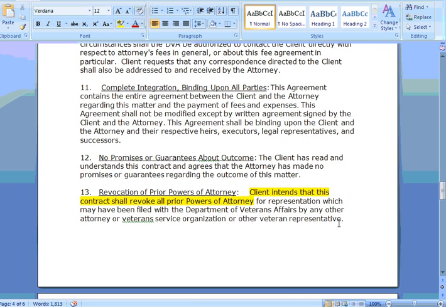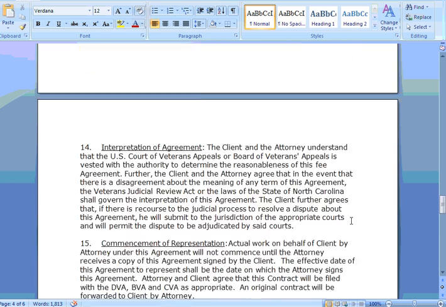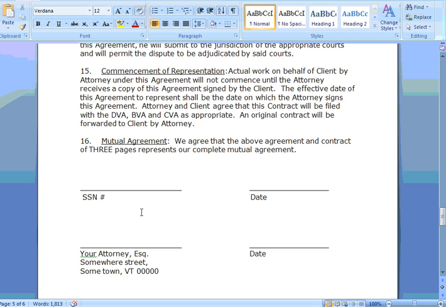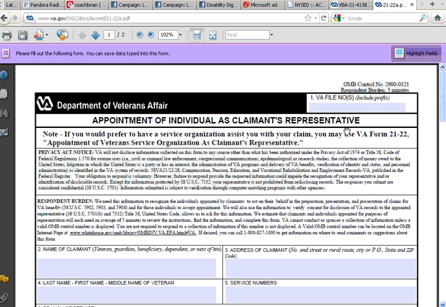This document that you typically sign will replace any prior document or power of attorney that you may have had, maybe a service officer. Okay, so just be aware of that. And then you want to sign on the bottom where it says date and Social Security number and date and your signature there. So another document that you're going to be responsible for is Form